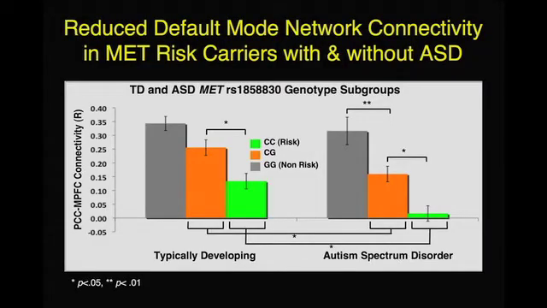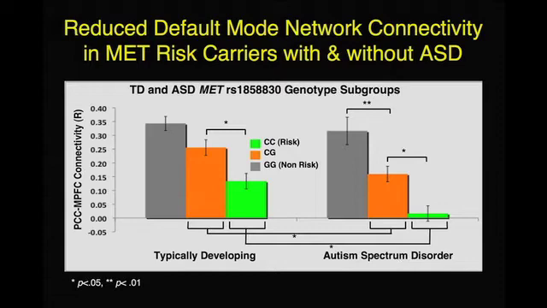And here's what's interesting. It's very interesting because both the typically developing kids and the kids with autism show a significant difference between when they had both risk alleles and when they didn't, but the intermediate group acted quite differently between the two groups,